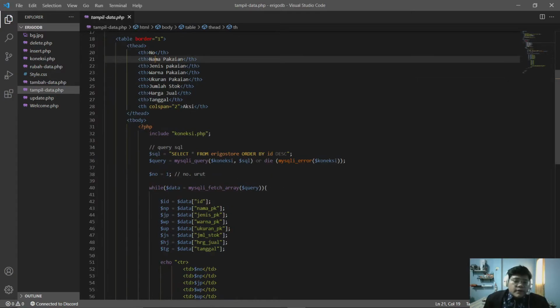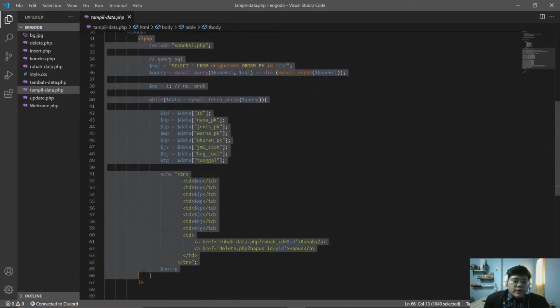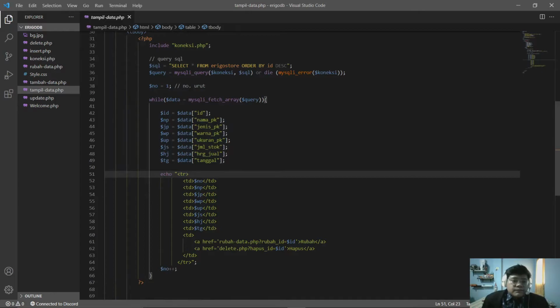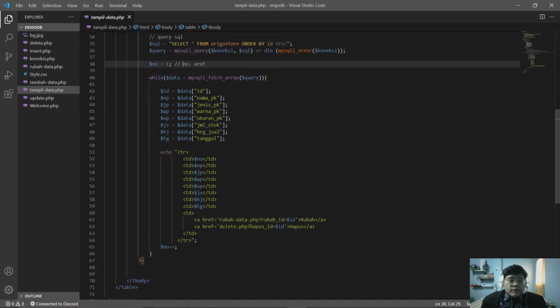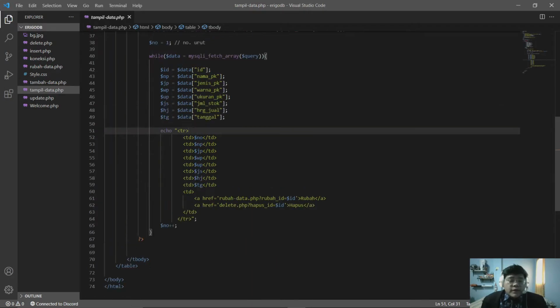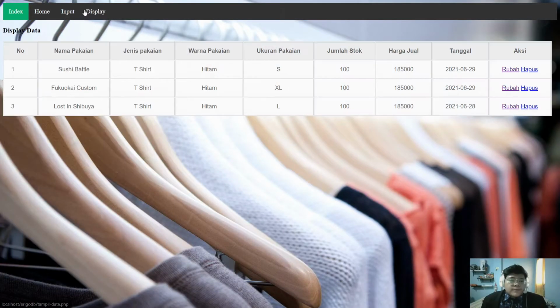For the body, we created this PHP function including the connection, the same as before, and this is to show data starting from ID one. Unlike before, this is the code to display the data like this. This is the data that we have already input.